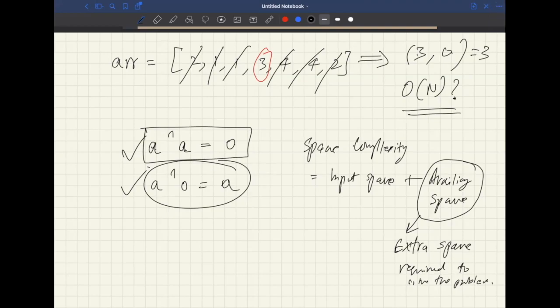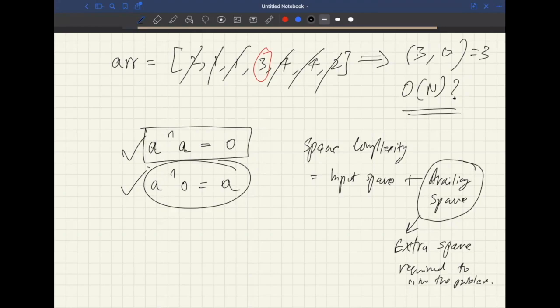I didn't really understand why it's O of n. You're only iterating once throughout the array, right? Yeah, but how do you know which number to XOR it with? Because you can actually XOR them in the order that they appear in the array, because XOR is commutative, so it doesn't matter what order you XOR things in, you'll still get the same result. Yeah, the order does not matter. It will still be the same result.